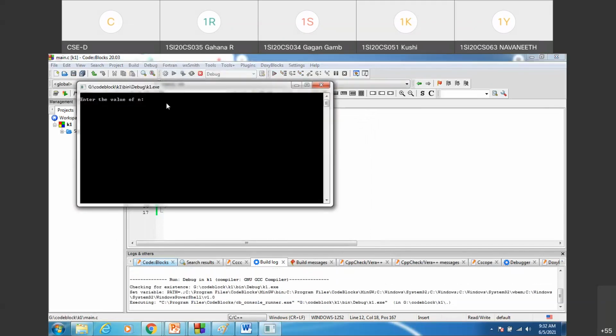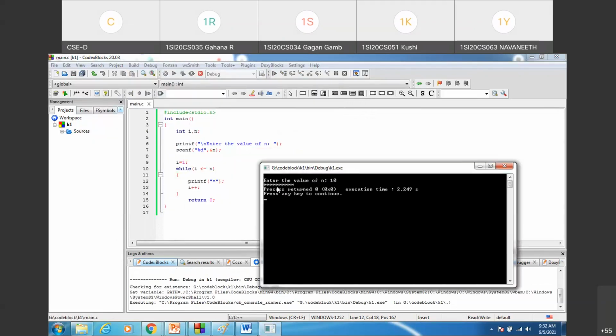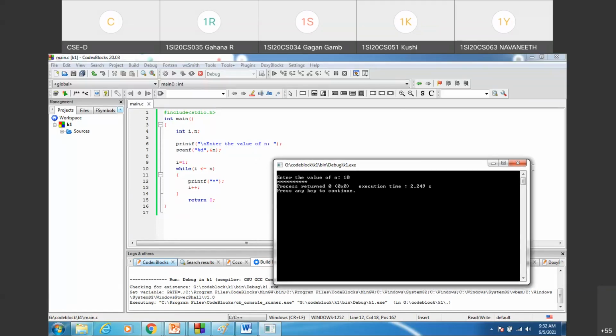If I give 10, 10 stars will be printed in the same line. So without using a loop also, you can directly print 10 stars. But if you are using a looping construct, 1 star is printed in each iteration. After all the n iterations, you'll see totally 10 stars printed. That's how you can make use of a loop.